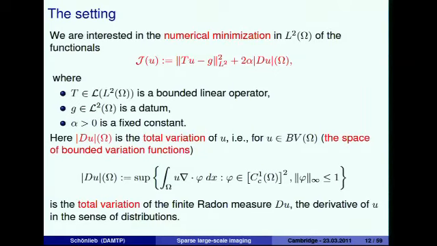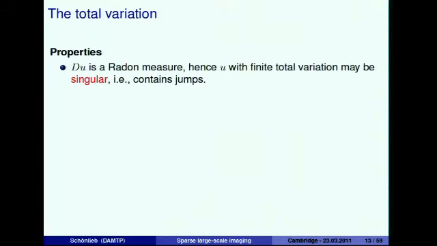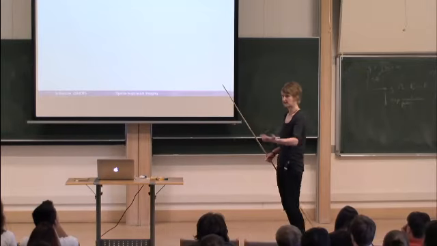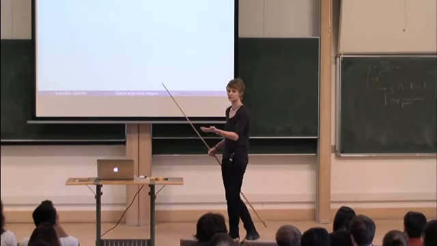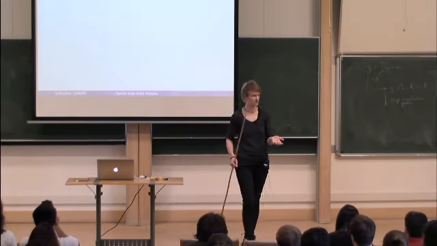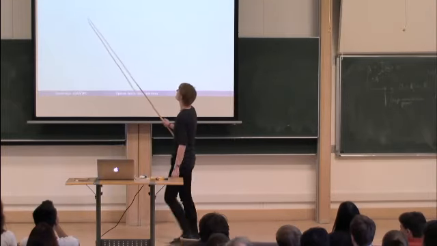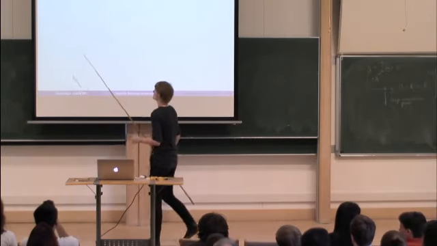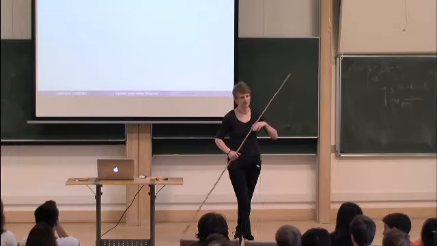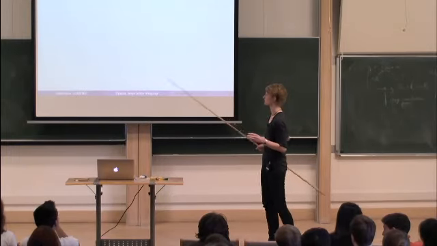The nice thing is that the total variation can have minimizers which are singular, which can have jumps, whereas if you penalize a function with the L1 norm of the gradient of u, it cannot have jumps anymore. So a minimizer of the total variation is singular, so it makes sense to stay with this more specific definition here,